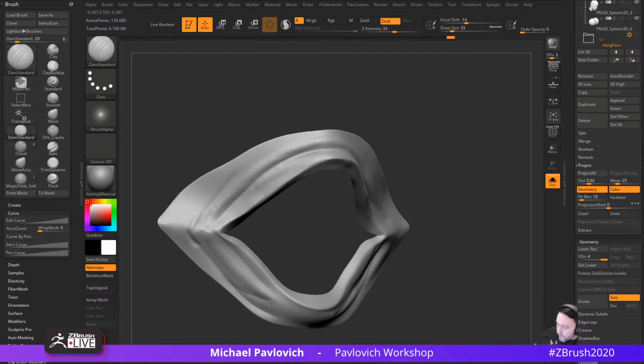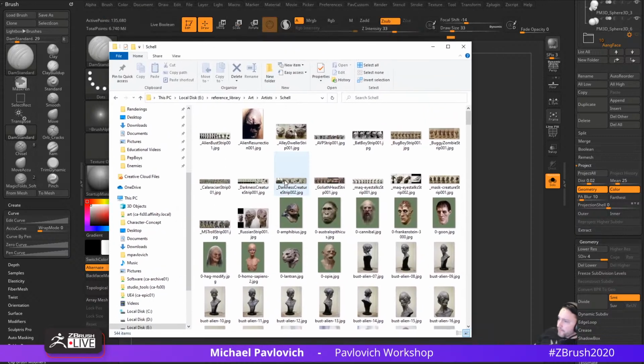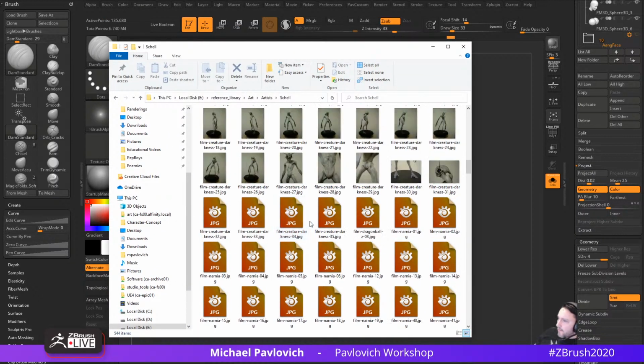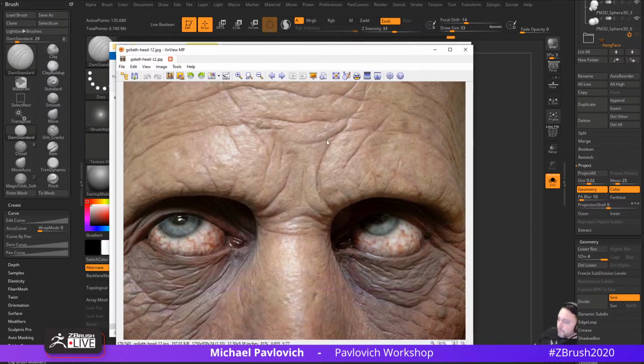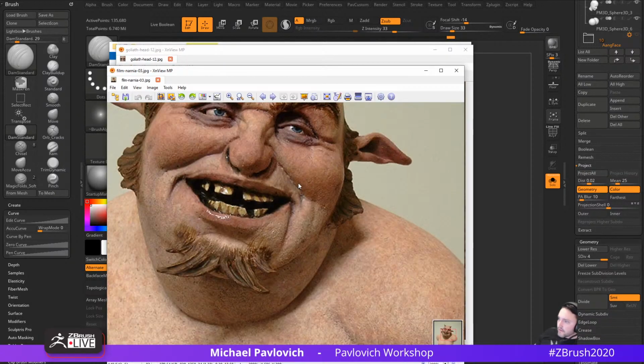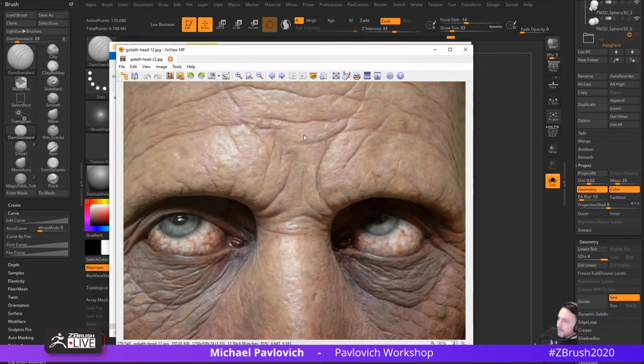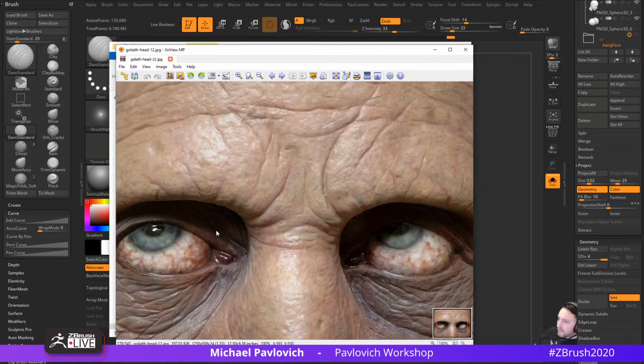And let's pull up trusty Jordu Schell, and he always has cool stuff to look at, especially eye bags. So I'm going to go through here, double click on some of this work, and these are all traditional sculpts and stuff like this. You can zoom in and look at how he handles forms, and of course he'll always have really cool